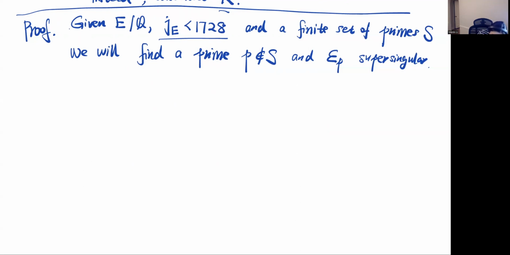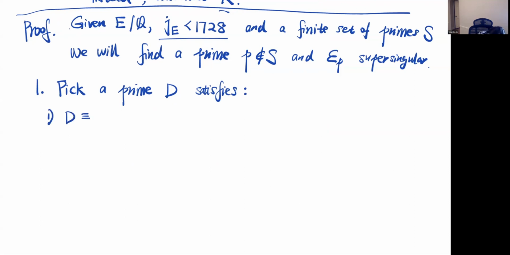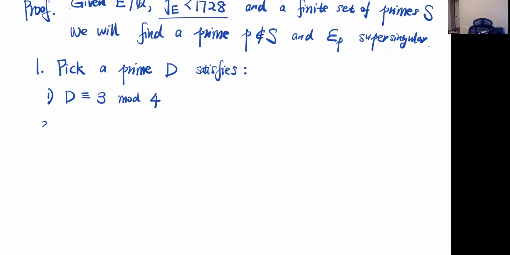Okay, so let's start. Step one, I'm going to pick a prime. Pick a rational prime number, which we call D, that satisfies the following conditions. One, D is congruent to 3 mod 4. So I'm going to take a prime that's congruent to 3 mod 4. Two,